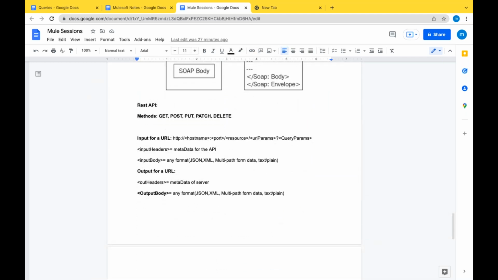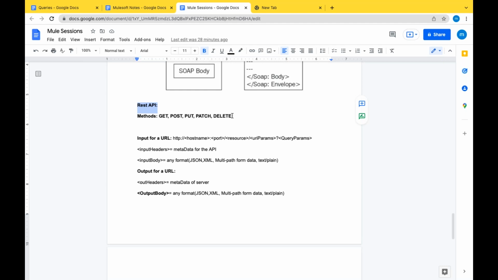So let's start with REST API. What is a REST API? Our sessions will completely revolve around REST APIs, and we will be doing n number of REST APIs in our Mulesoft.